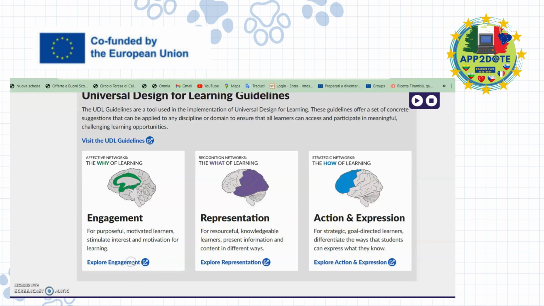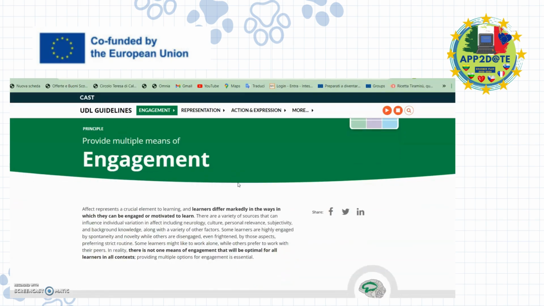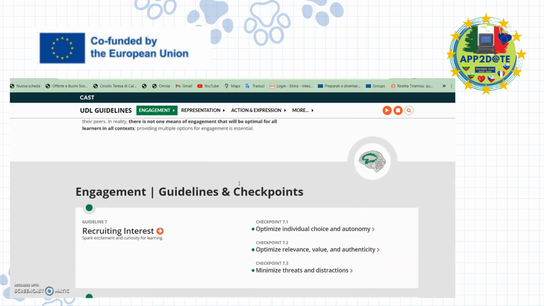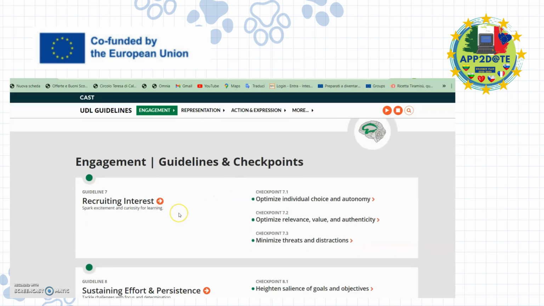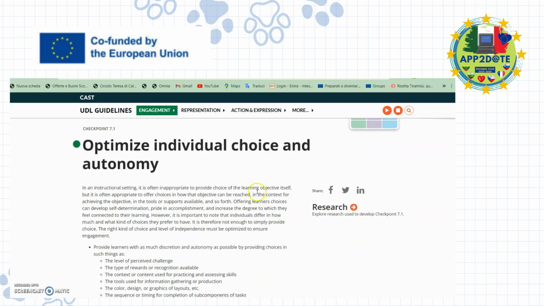For example, here we enter the green section, provide multiple means of engagement, and for each guideline, you can explore each category. Optimize, for example, optimize individual choice and autonomy. You open it, and here you can read everything about that. How can a teacher